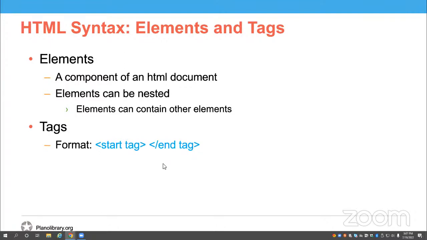These tags are used to mark the start and end of an HTML element. To create the tags, you use a left angle bracket, the element name, and then a right angle bracket. This makes up the opening tag. Now a closing tag has a left angle bracket, a forward slash, the element name, and then a right angle